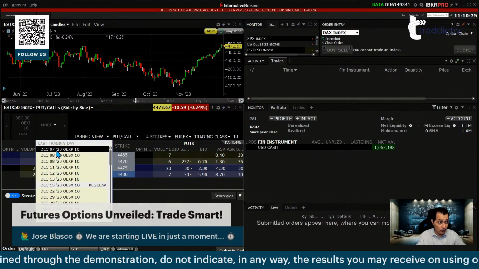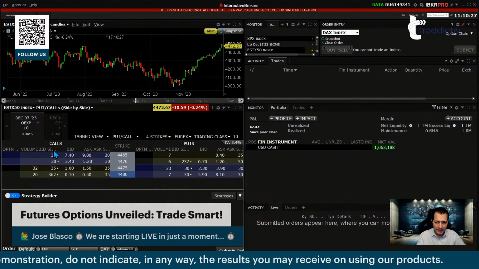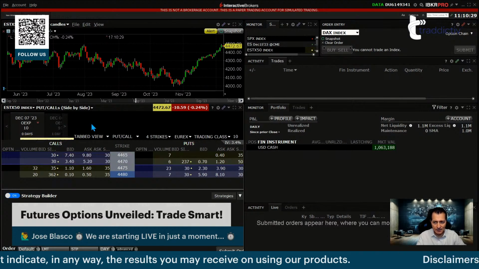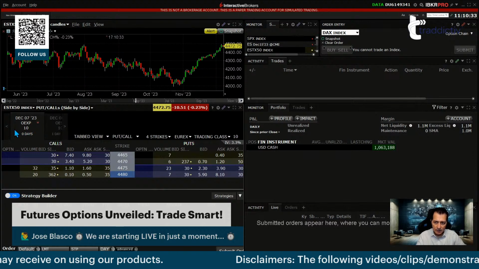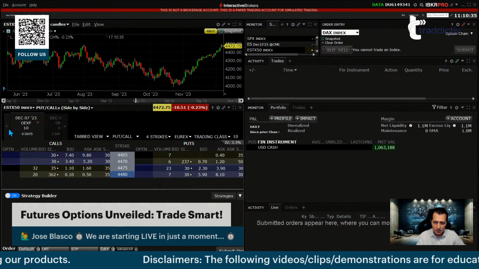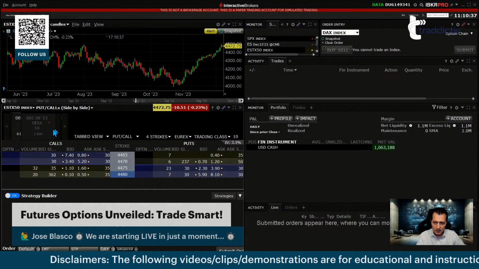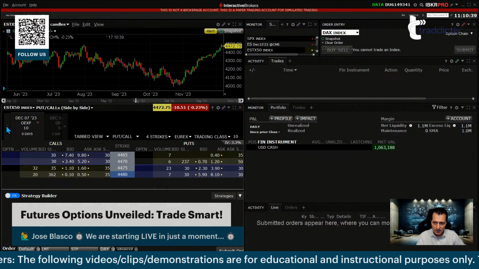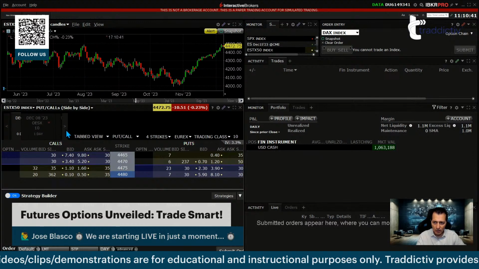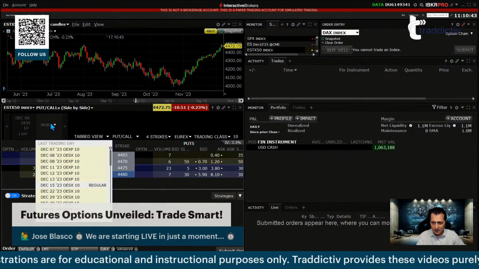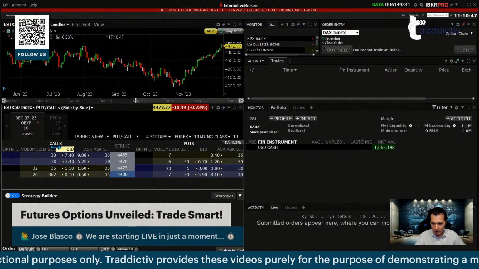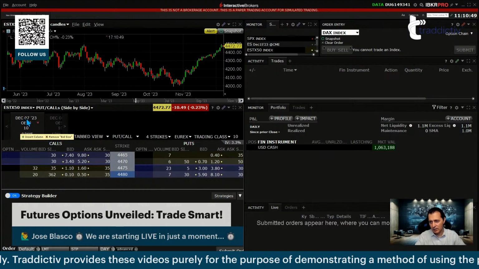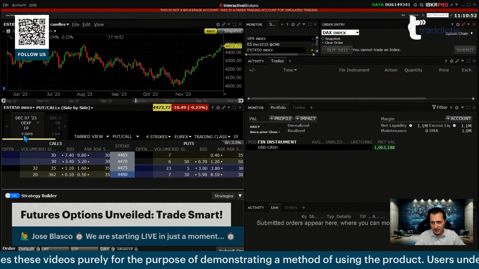Okay, with the DAX, we also have it. It just didn't show because it's a simulated account, and sometimes that happens. But now you have your 0 DTE. Okay, just give me a moment. I'm having an issue scrolling for whatever reason. This is something that is happening, I believe, because I'm sharing my screen. Okay, now it did. So December 7, 0 days to expiration. You can see that, 0 days.